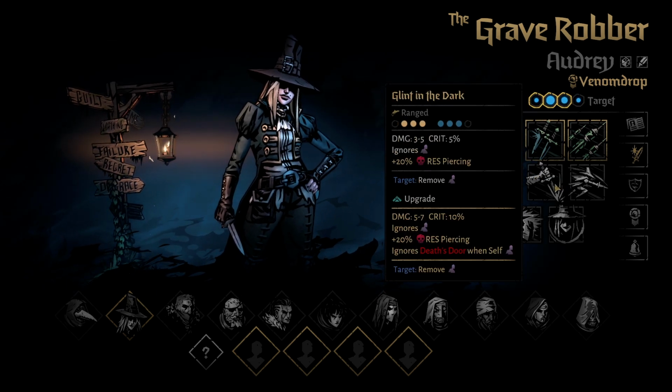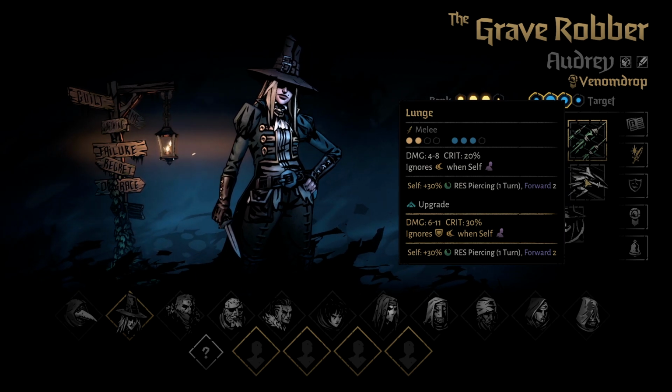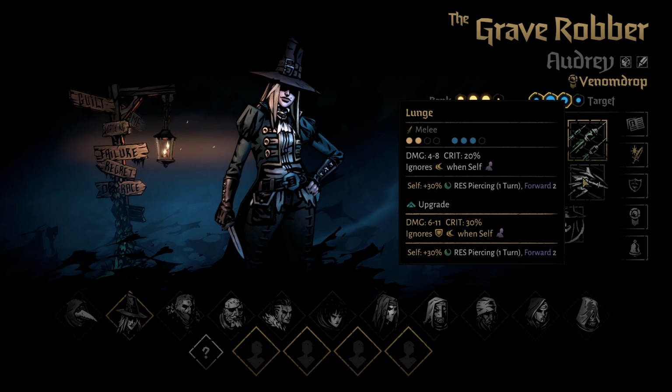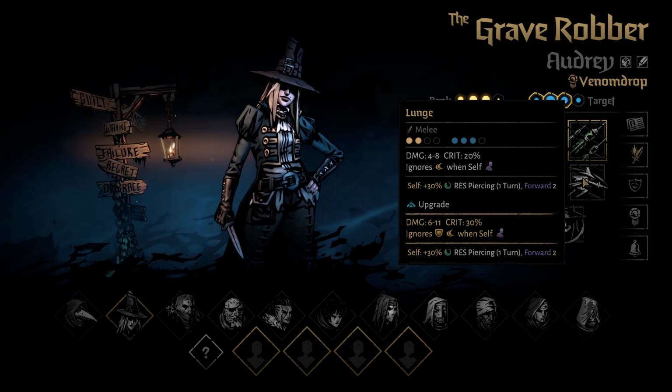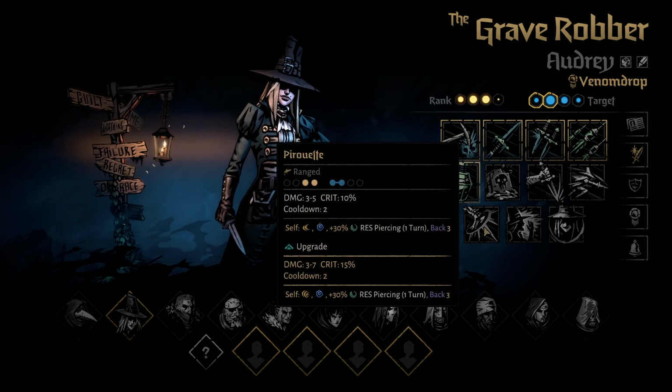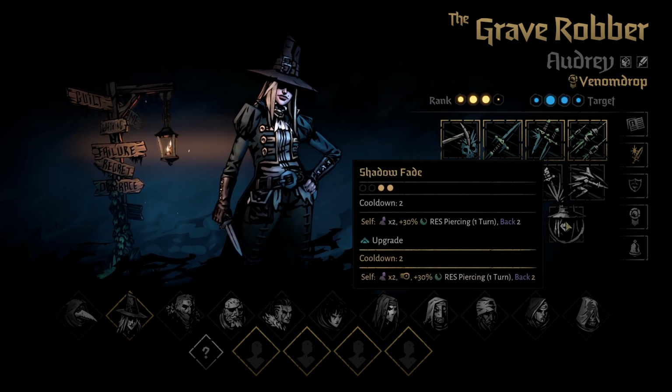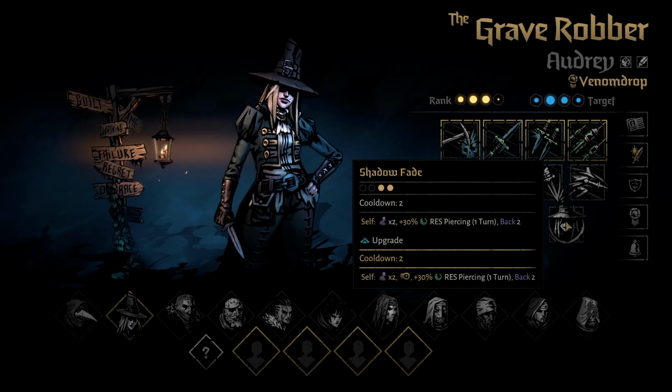Everything else seems the same, although the damage is low. Lunge gives you Blight Resist Piercing, which is very interesting, as does Pirouette. So you can combo, oh, and Shadow Fade gives you Resistance Piercing as well. So you actually